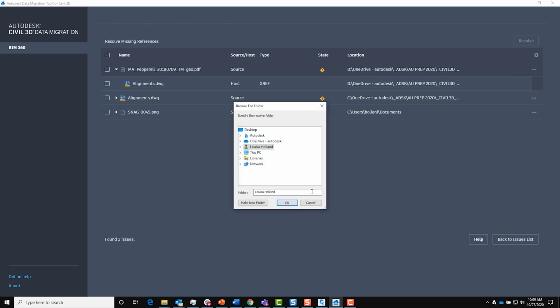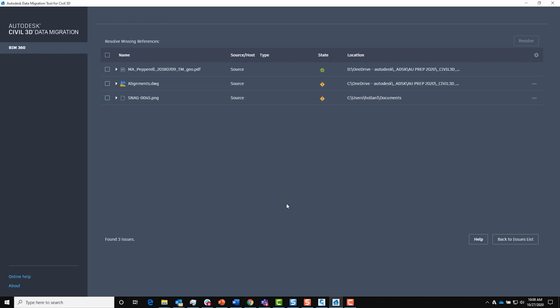Now in this case, it wants us to point to where is it now? Where can I find this locally before we upload it? So go to my messy example. It's going to be in the GIS folder. And I'll click OK. And now you can see the state of that problem. It's fixed now.